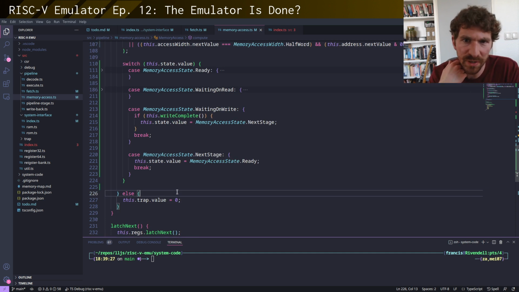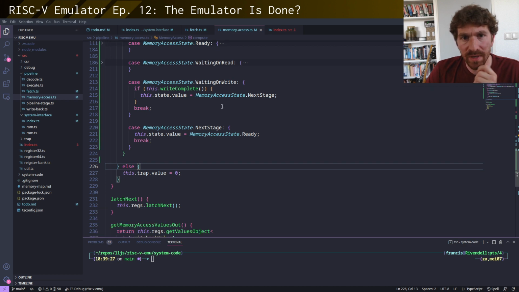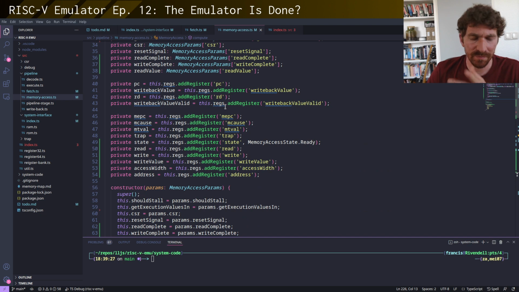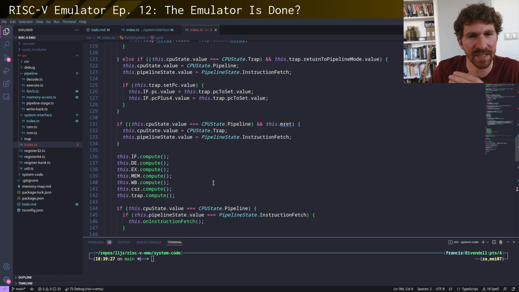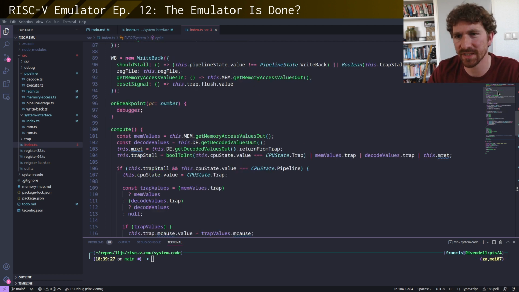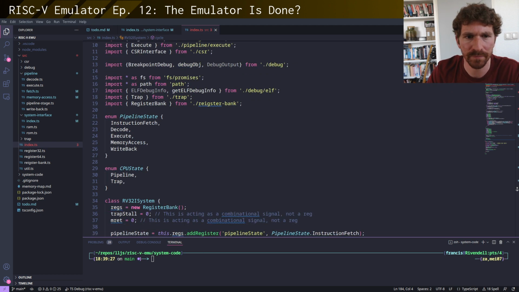Okay, so that was a bit trickier, but I think that's also all the logic that we need for this state machine. And I think now, well, now we actually need to go and, even strangely enough, we need to go and make all of these other stages also state machines, even though they don't have memory access, because they're going to need to progress this thing forward. But before we do that, let's actually